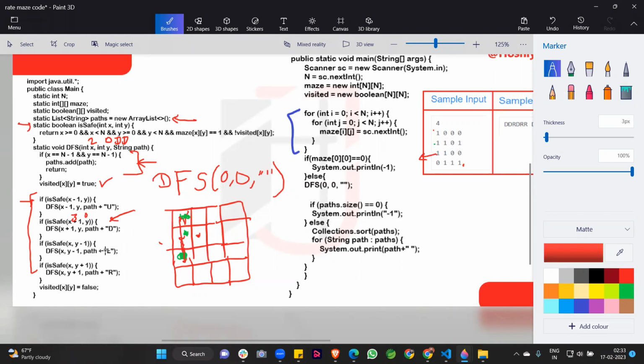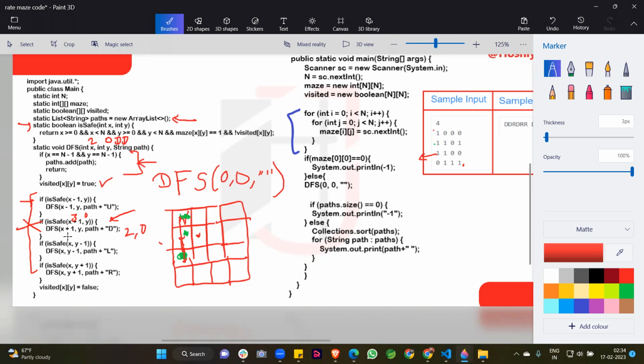So this is the code for our left direction. So is safe, x was 3 and now x is 2. When we commit this, this condition is false. So our value remains 2 comma 0. We are at this position again, 2 comma 0. So x y minus 1. What is the meaning of this? X is 2 and y minus 1.